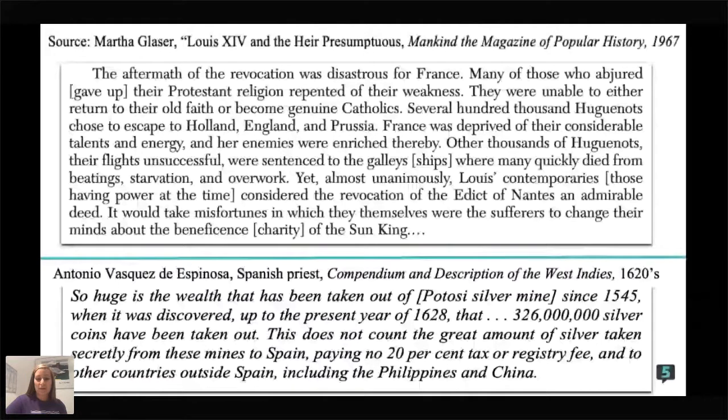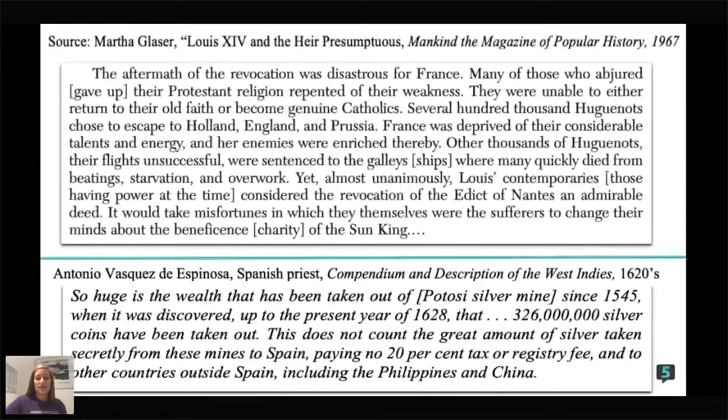But let's look at the bottom source and let's look at the timing. Antonio Vasquez de Espinosa, Spanish priest, West Indies, 1620s. Well, were the Spaniards in the West Indies by the 1620s? Yeah. So just looking at the sources without even having to read the documents at all, can we guess